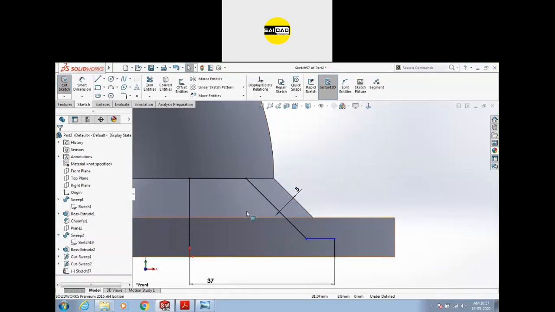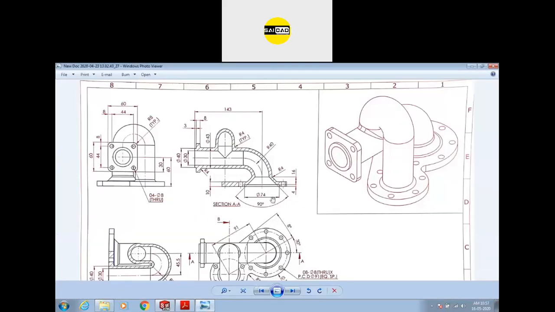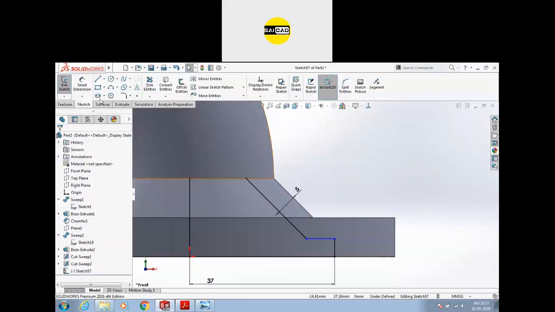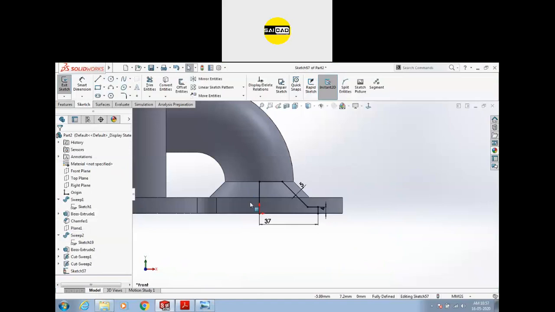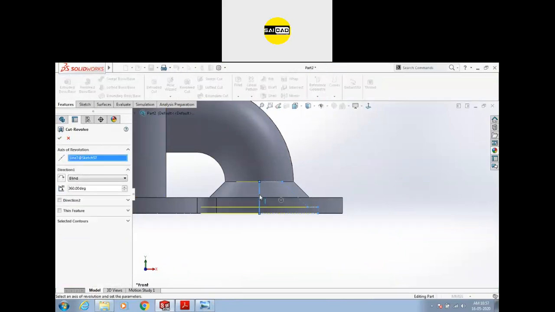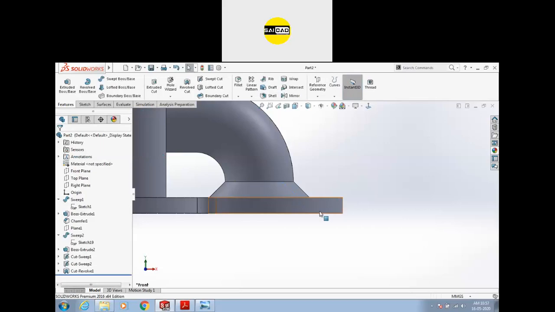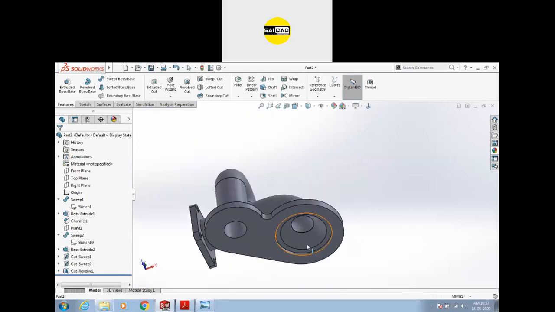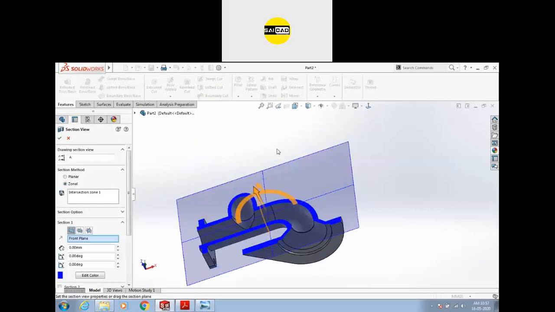The depth is 4 mm, so specify the value 4 from here. So we need this shape. Exit, go to the revolve cut, select the axis of rotation, complete. You can see that we have this shape here, or you can just see it like that.